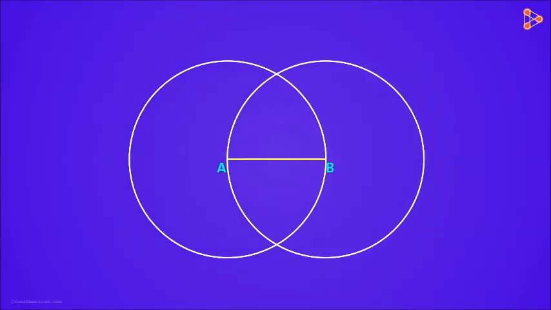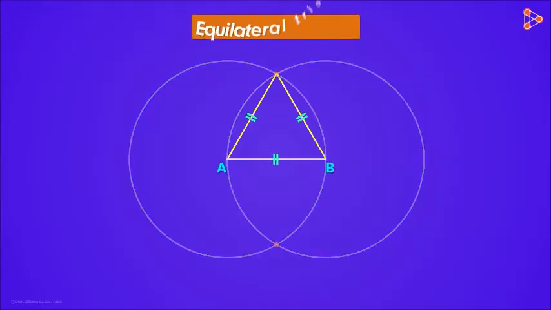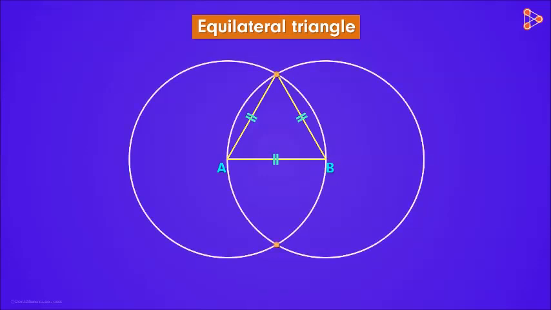Now we see that we have 2 circles with centers A and B, and both these circles intersect at these 2 points. So if we join points A and B to this point, we see that they are nothing but the radii of the circles. And since the radii of both the circles are equal to each other and also equal to the length of side AB, we get an equilateral triangle here. We will get an equilateral triangle even if we join points A and B to this point here. Wasn't it interesting?